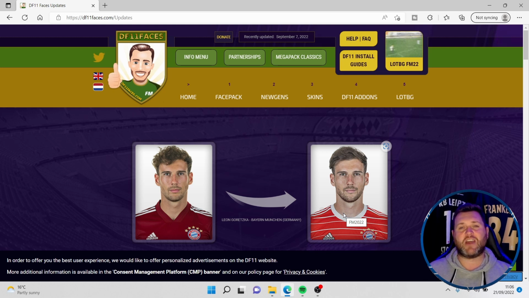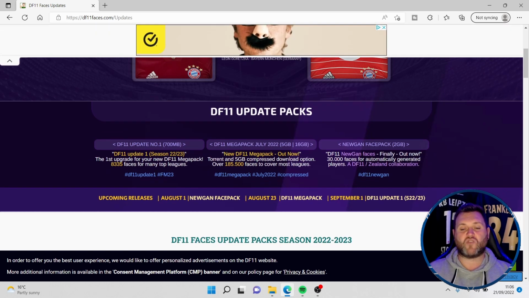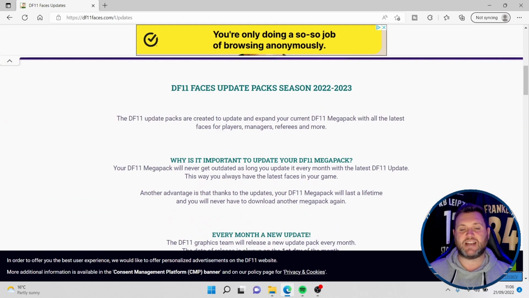And you can see straight away that the example they have used is Leon Goretzka from Bayern Munich. You can see on the left, he is in his old kit. You can see that they are now using the new Bayern Munich kit in the picture. So we need to scroll down past the screen that we have just seen, and then it will give you